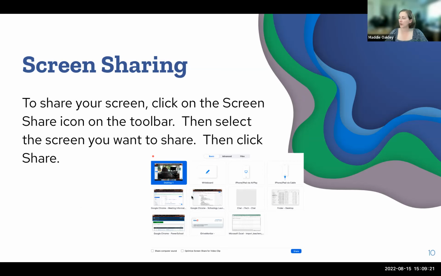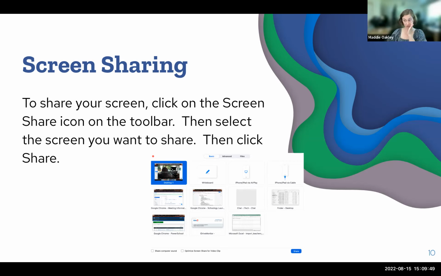You also have the choice to choose just specific programs. So if you have many programs open or many tabs open, you might say, I want to share only this Google Chrome window that I have open, keeping in mind that if, while you're sharing your screen, you decide that you want to show a different Google Chrome window, you won't be able to if you've only picked one instead of showing everything.